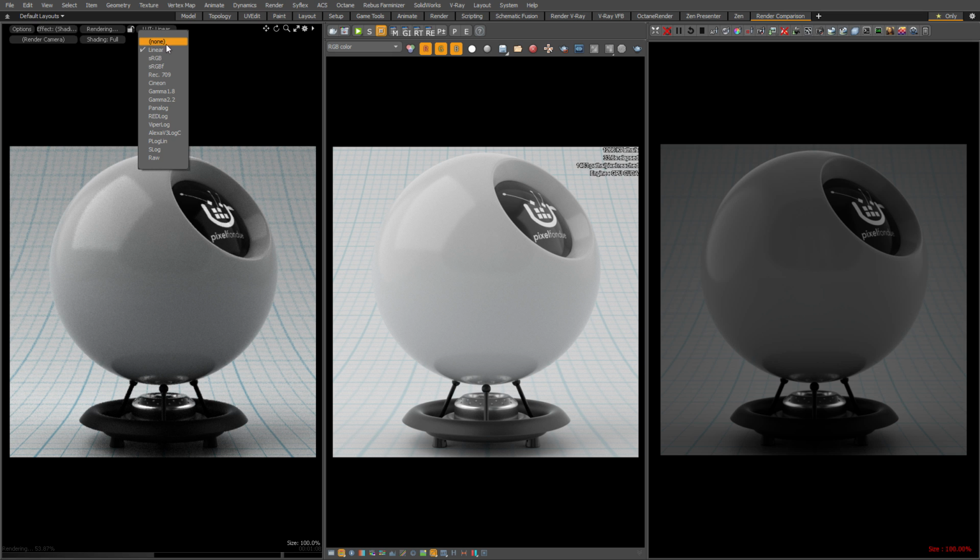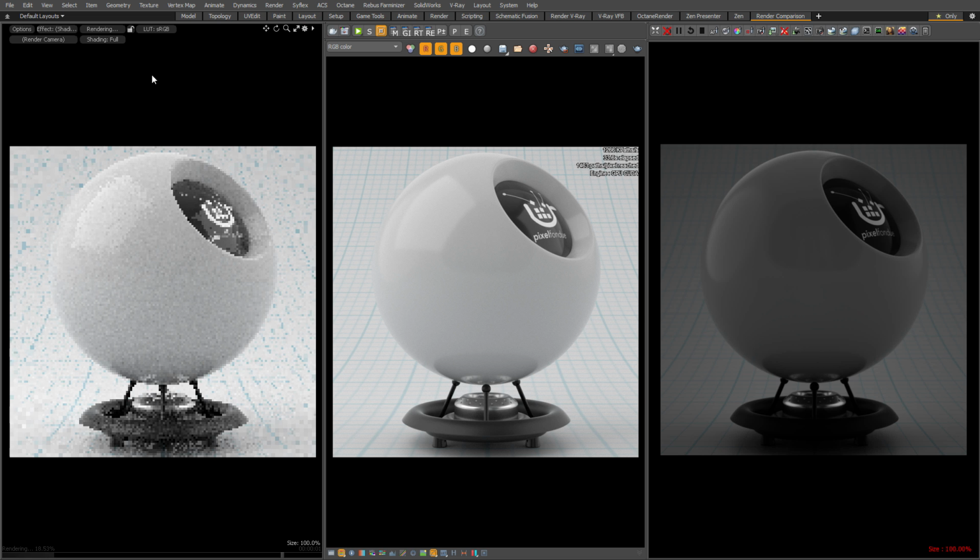So let's put MODO back to the sRGB LUT. Looks good. Looks just like V-Ray over here. Let that render for just 1 second. And then looking over at